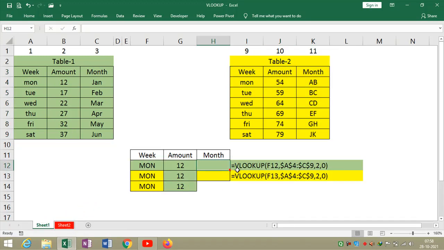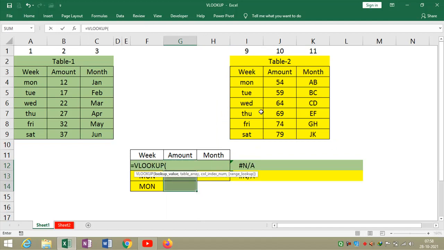Now see what happened. Equal to VLOOKUP, previous lookup value, then you have to select that table: table 1, comma 2, comma 0, bracket close, enter, and simply you can drag down, Control D, whatever, there is no issue.